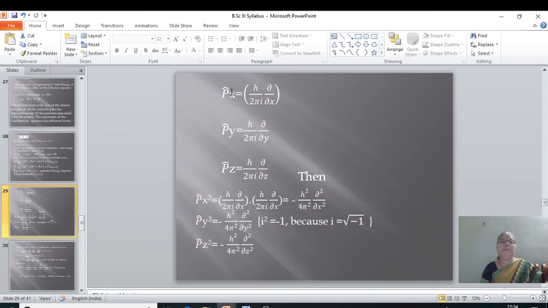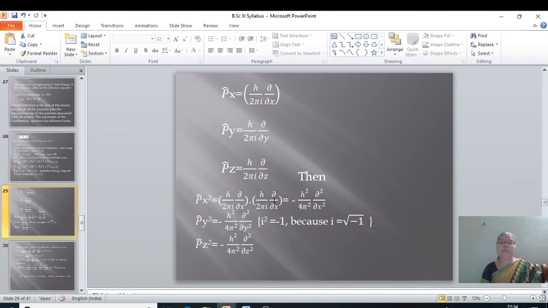For the square of this, the momentum operator along the x-axis, we can write operator p x square as the multiplication of h upon 2 pi i into dou by dou x